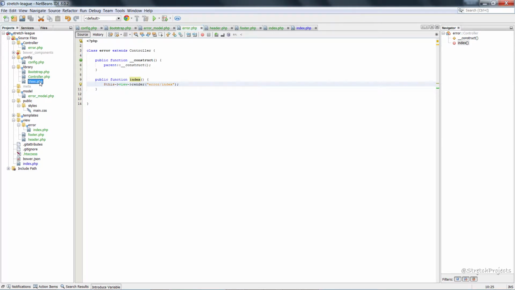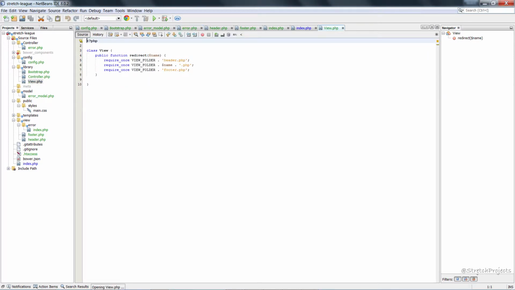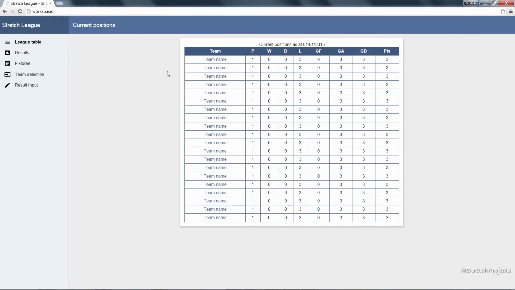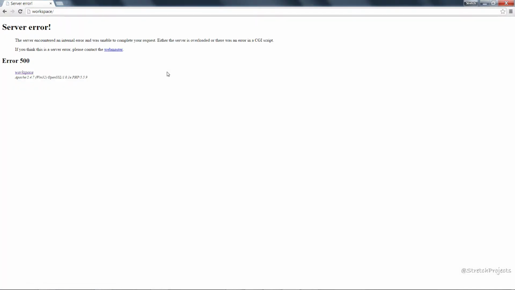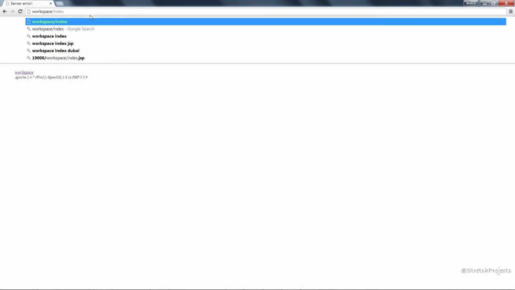So if we go back to view, it's going to then render the header, the page that we pass across, and then the footer. So if we refresh our workspace again now, we're going to get an error because we're going to go to the home page and we haven't coded the automatic redirect. If we go to any other page,